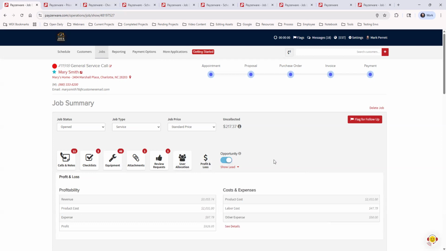And then profit and loss, I do want to dive into this a little bit. Each job that you have is going to give you a profit. So you can see how much money you've made on each job. But in order for that number to be correct, there are two main things that need to be set up: your product costs and your labor costs. Product costs are coming from the cost field from each price book item that you're adding to your proposals and